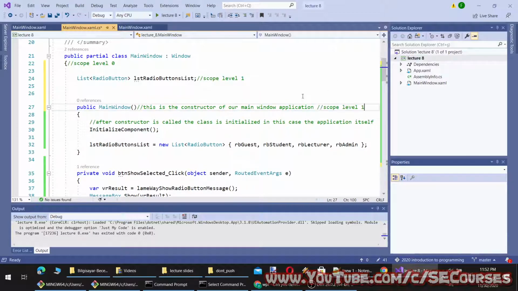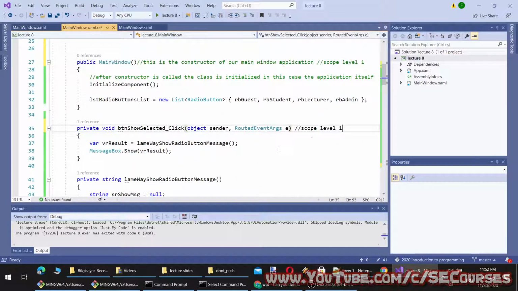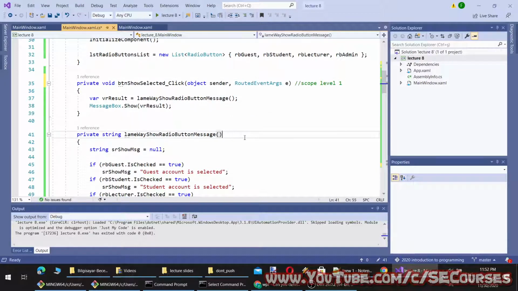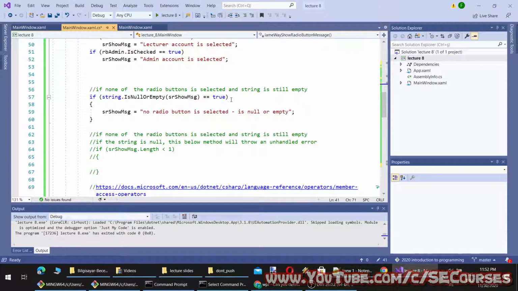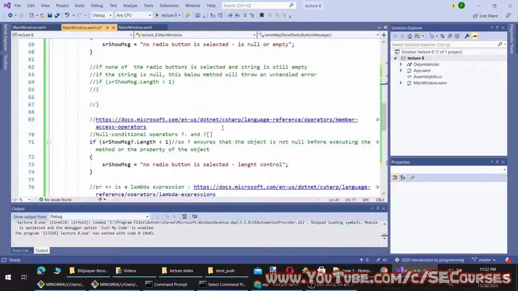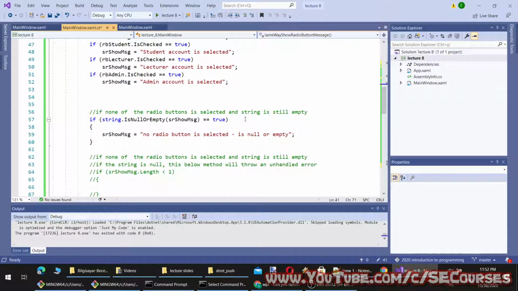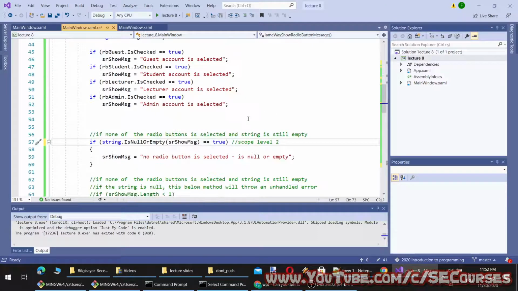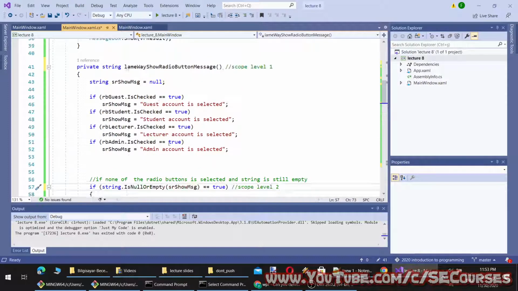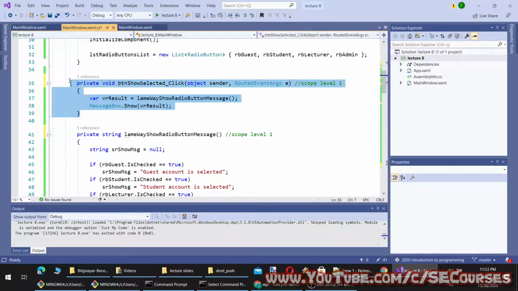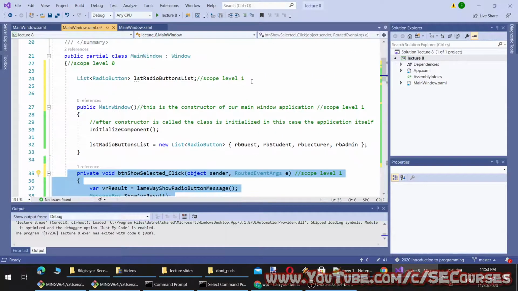This is also scope level 1, and this is also scope level 1. And so you see now this is being scope level 2. Why? Because it is inside scope level 1.